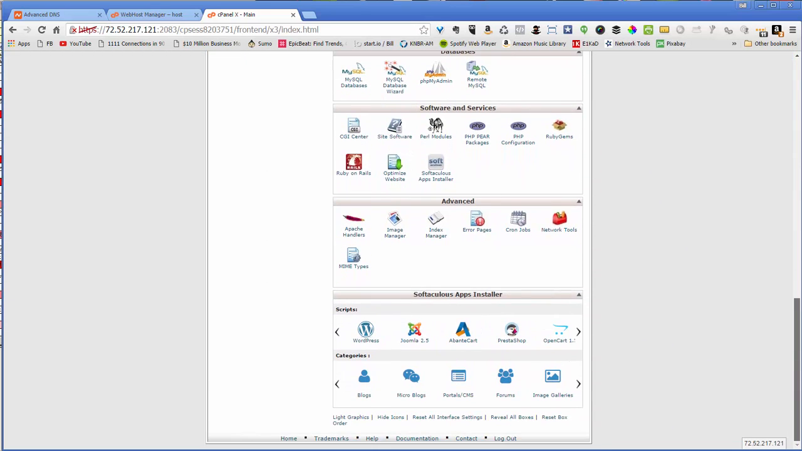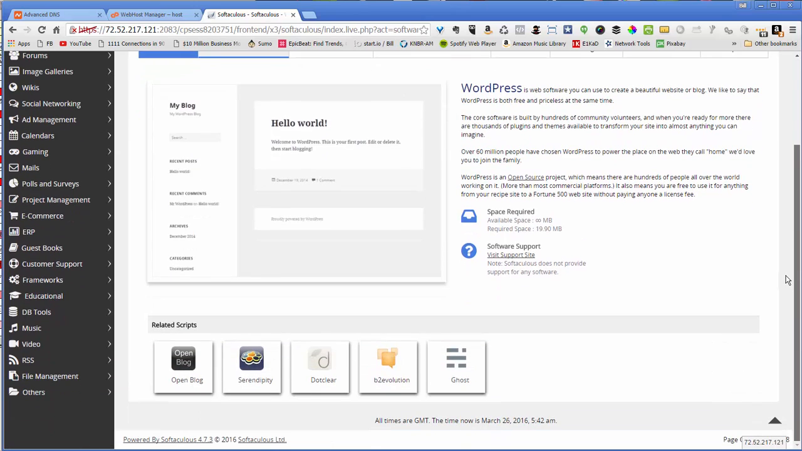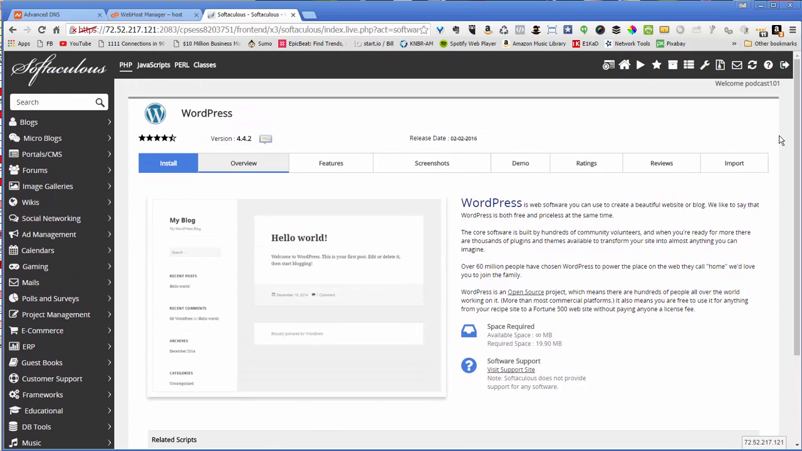Then you can go down to the Softaculous Apps Installer and click on WordPress. And it tells you a little bit of information here. Version 4.4.2 is the current one. I want to install this. I don't need to read all this stuff. I've done this a couple hundred times. All right, so just click on install,